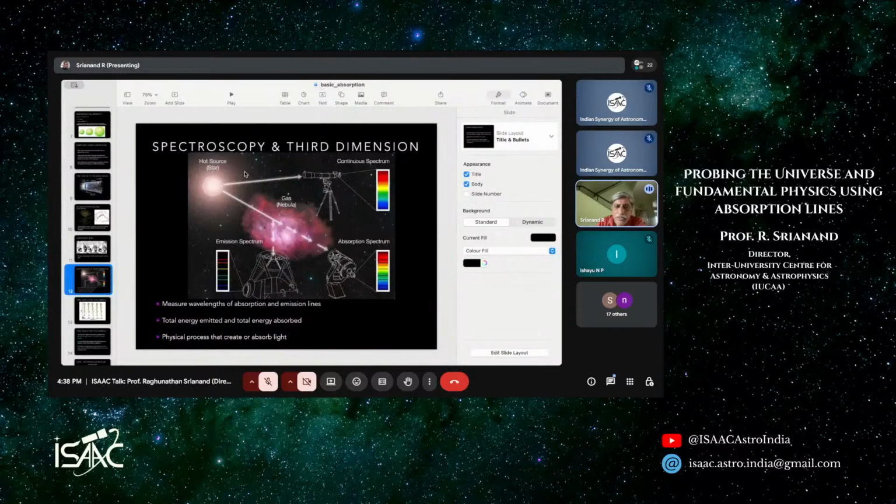So what I am going to focus on in this particular talk is this way of doing it. You just look at the gas, there is an object behind, and you look at the object and see the gas in front, and the absorption lines seen in the spectrum of this background star will have all the properties related to this gas. You can say where the gas is, what kind of composition the gas has, whether it is moving towards me or moving away from me towards the star. All can be done by looking at the absorption lines. I will not go into too much detail of how we are going to do this, because I want to give a broader brush introduction to absorption line physics, so that's what we are going to do.